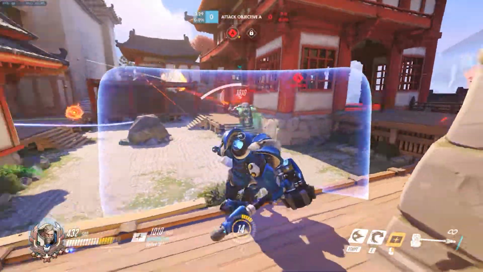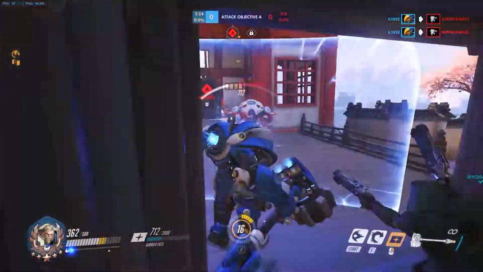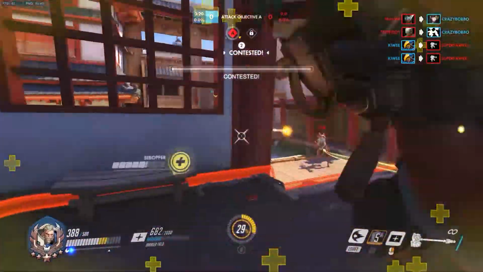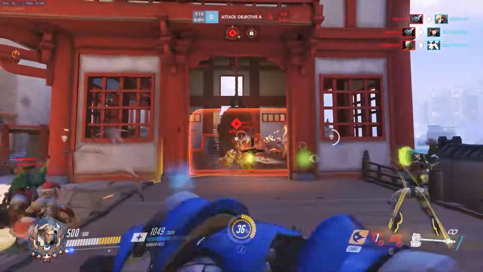So always check. I knew they had Symmetra, but her turrets were destroyed at the beginning of the push, so we were able to charge through before she was able to set up her defenses again. That's key. Get rid of those quick. If it doesn't work out, change to Winston or something else, but always keep going. In here,